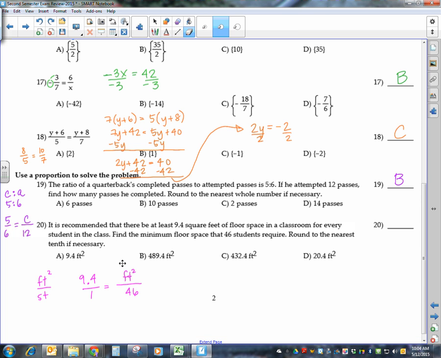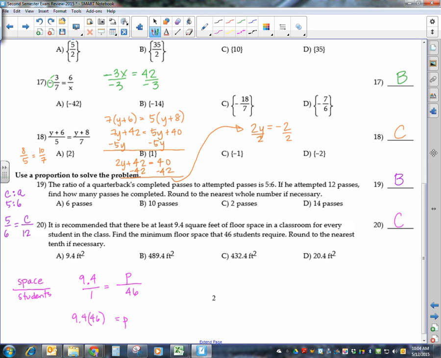I don't want y'all to get confused with that little squared thing, so I'm going to change my ratio. So this is basically your space, and this is your students. And our space, we can use whatever letter, we'll just use a P. Regardless, you cross multiply to get that answer. So P is going to equal 9.4 times 46. And when you multiply that out, you're going to get an answer of